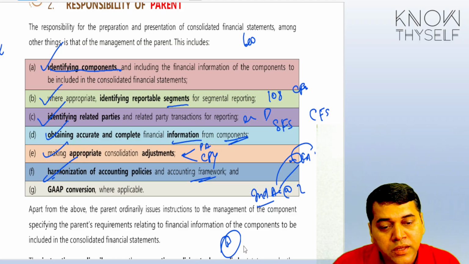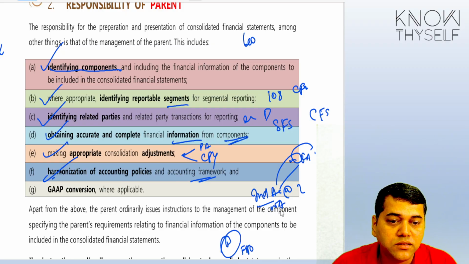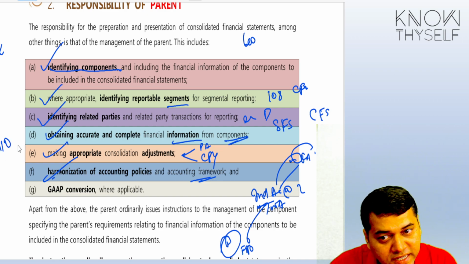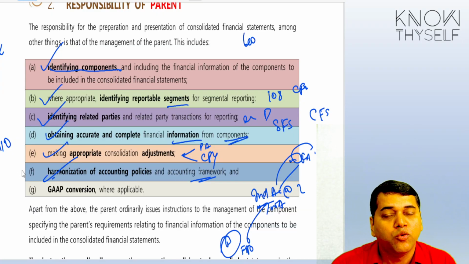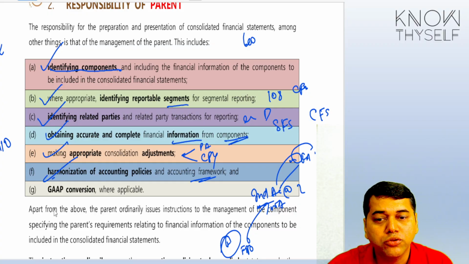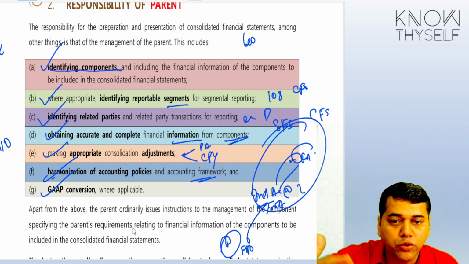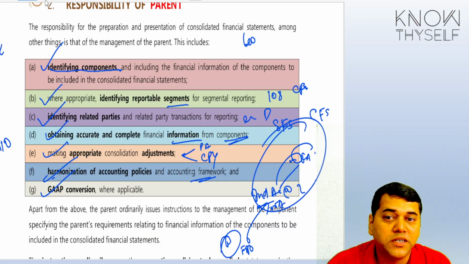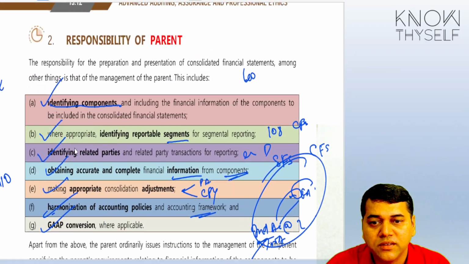Now in India, the subsidiary may be following FIFO and you are following weighted average. So this harmonization of accounting policies also has to happen. Ind AS 110 talks about these problems. You remember, you have done Ind AS, no? Who should do that? Management should do that. GAAP conversion is their responsibility, like foreign GAAP into Ind AS. So these are all the seven responsibilities of the parent. Please mark it, very important, students. They can ask you this question.